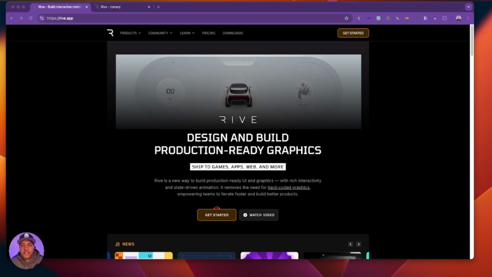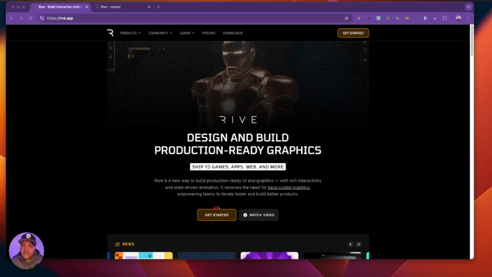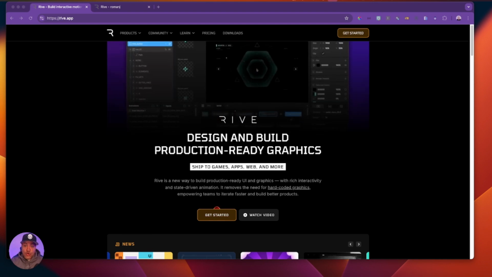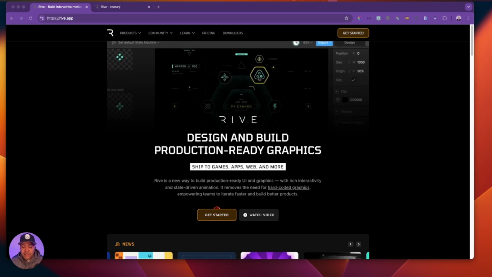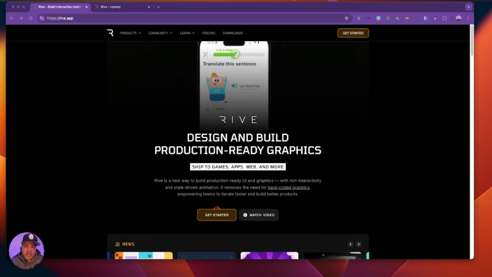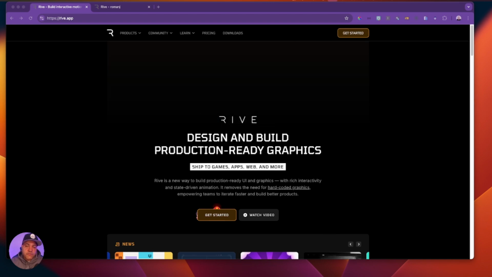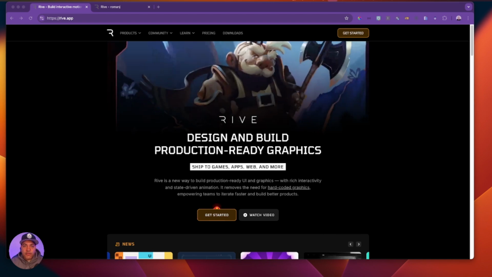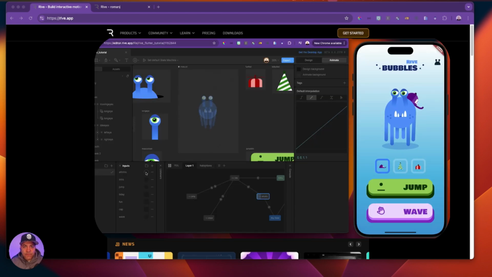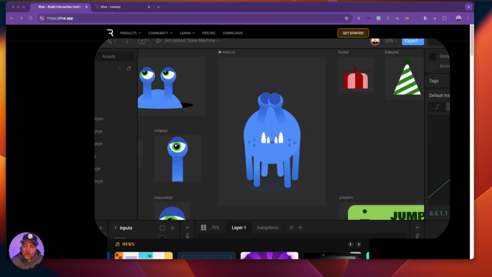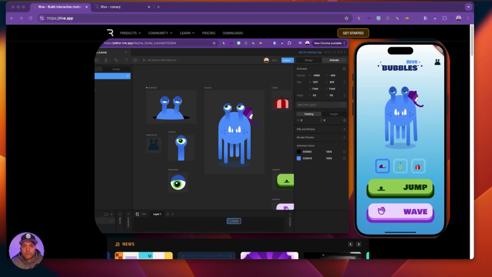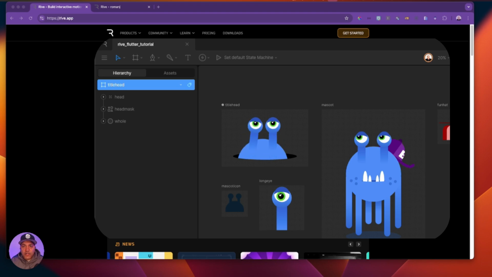In this specific video, we're going to uncover what makes Rive so special and why it's the perfect choice for your next Flutter project. This is the first of many videos, so stay tuned for the rest of the videos in the series. Some of you Flutter developers might be thinking, but Flutter already provides a bunch of animation widgets. That is all great. Of course, you should continue using those widgets, but Flutter presents some limitations